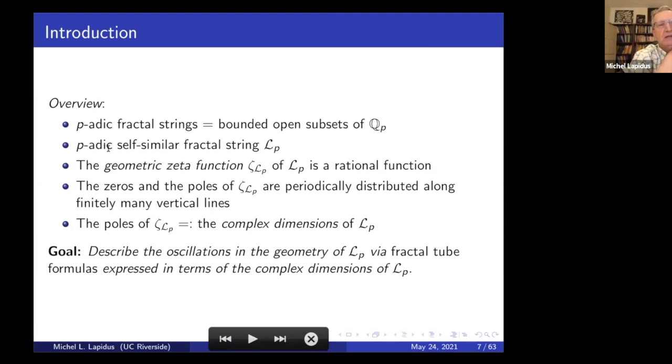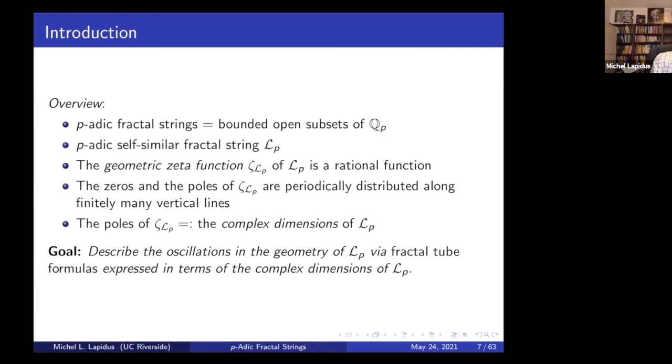And then we'll talk about p-Adic self-similar fractal strings. Well, not immediately, but p-Adic self-similar fractal strings will be an important example of those. Among them, the p-Adic Cantor string. There is associated to any p-Adic fractal string a notion of geometric zeta function. It's a certain meromorphic function, which will turn out to be meromorphic in the whole complex plane in this case. It's a function of a complex variable and its values are complex. And after a suitable change of variable, which is intimately connected to p, the underlying value of the prime,